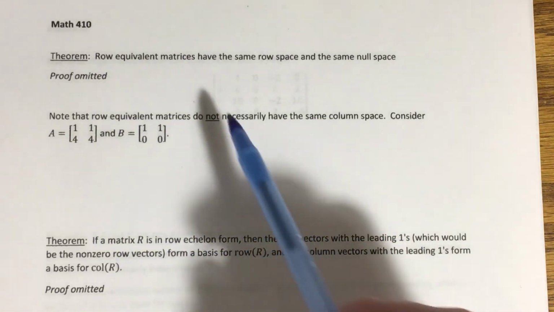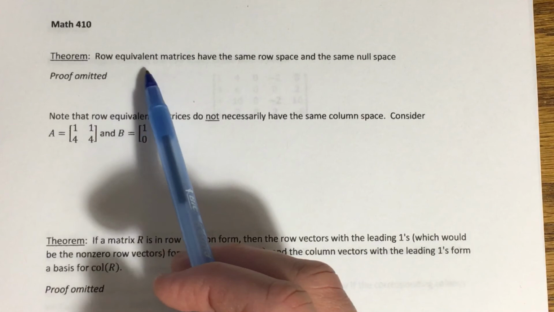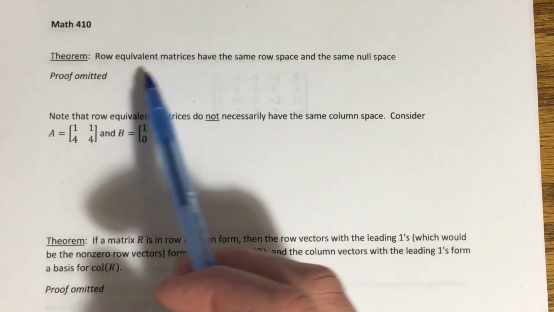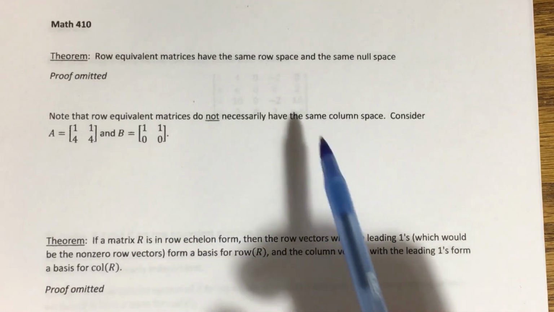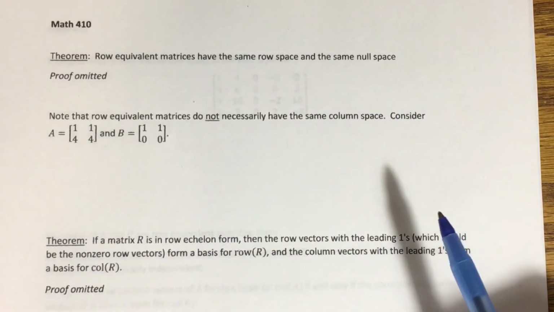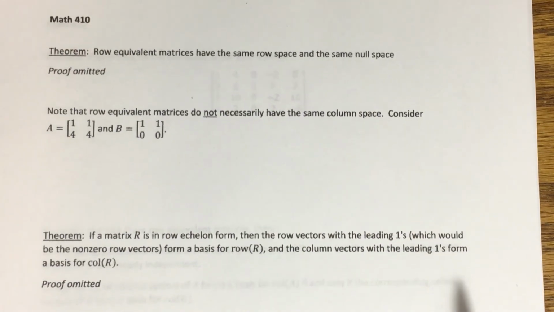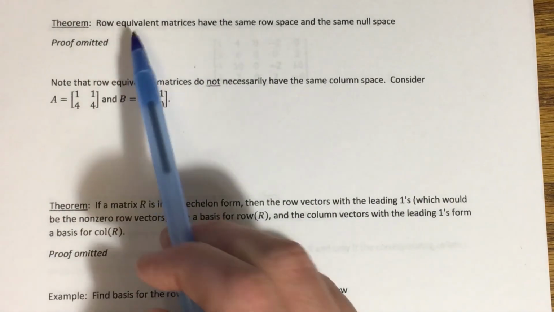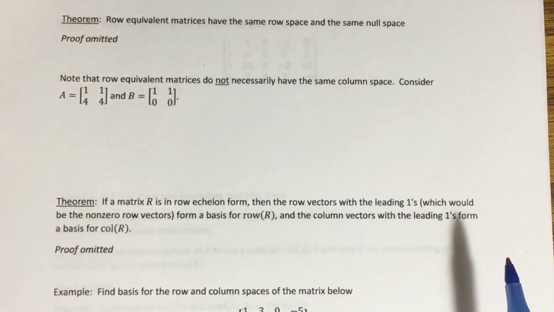So that kind of intuitively gives some justification as to why the row space of two row equivalent matrices would be the same. We can construct a somewhat similar argument for the null space, but we're just going to take this for granted. Notice I did not say that the column spaces of two row equivalent matrices are the same,